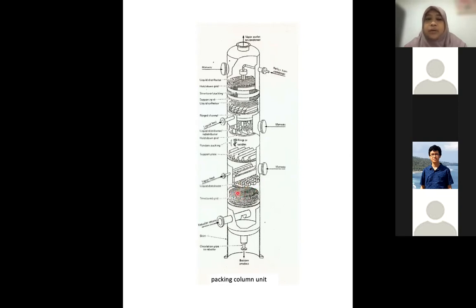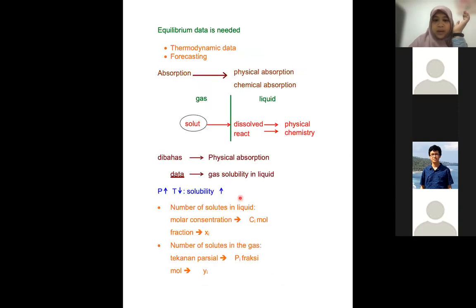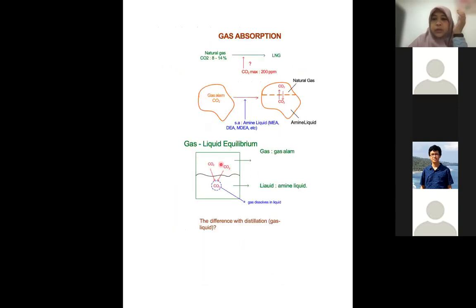Because what we want to see is actually how to have contact between the gas and the liquid. If we go back here, the gas should have contact with the liquid, whatever it takes. And of course the contact between the gas and the liquid is based on the surface. So the more surface it has between the liquid and the vapor,